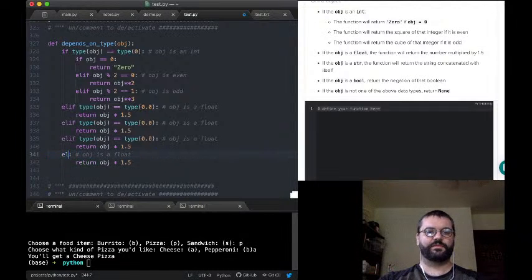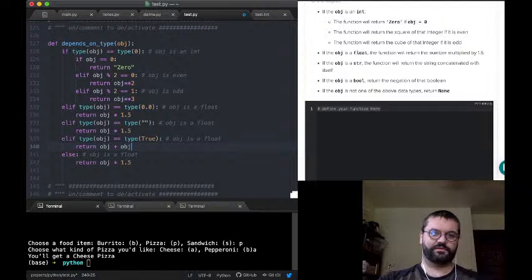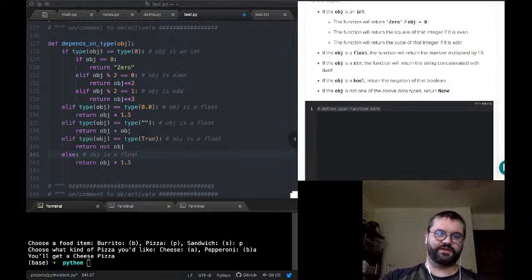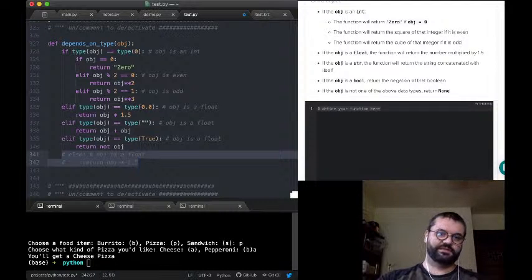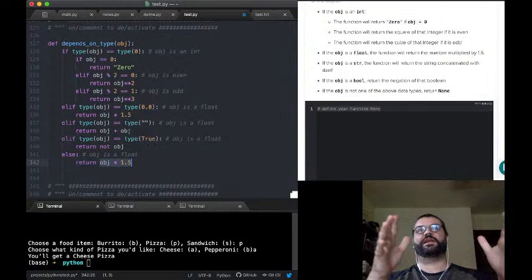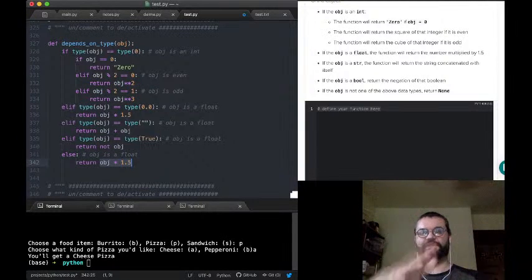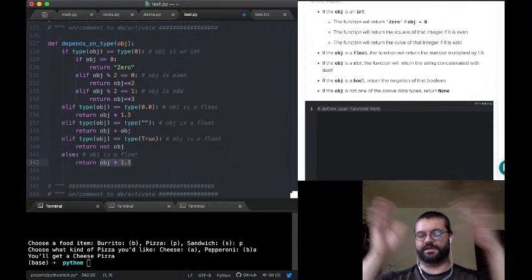okay. So we can just pass in an empty string. Obj, oops. So that'll be, which is true. Okay. And then we have our else. If obj is not one of the above data types, return none, right? It's going to return none anyways. But again, for the sake of maintaining parity of readability between my code and the original problem statement,